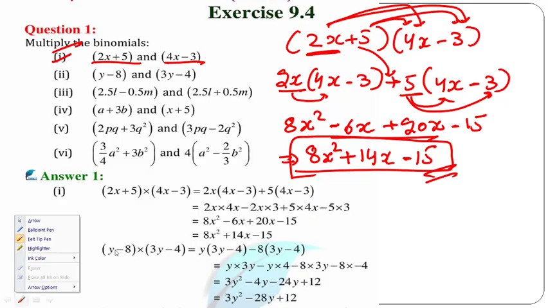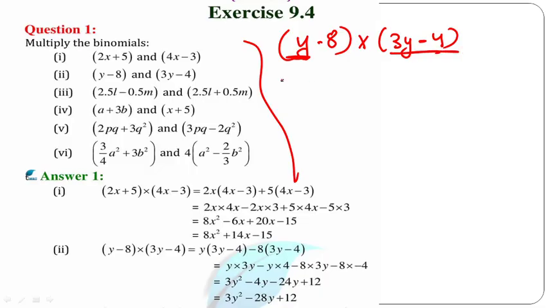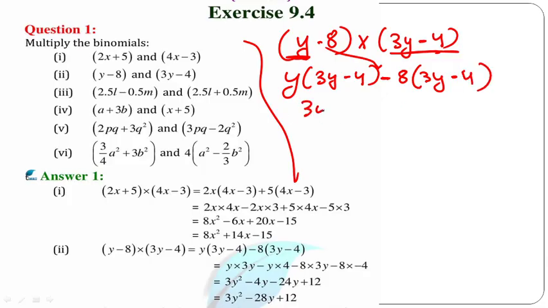Next we will do the other part also, that is y minus 8. We have to multiply this y minus 8 with 3y minus 4. First we will multiply this y with both the terms, that is y into 3y minus 4. Next we will multiply this 8, with its sign of minus, with both the terms of this 3y minus 4. So on multiplying you will obtain 3y square minus 4y minus